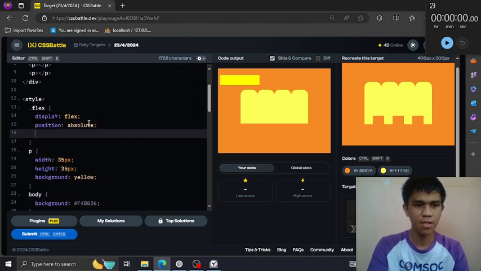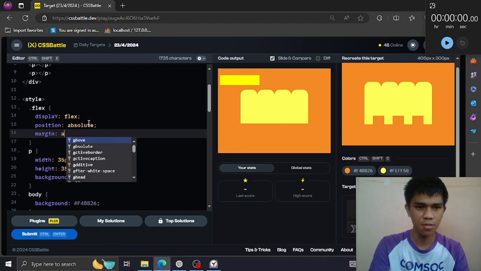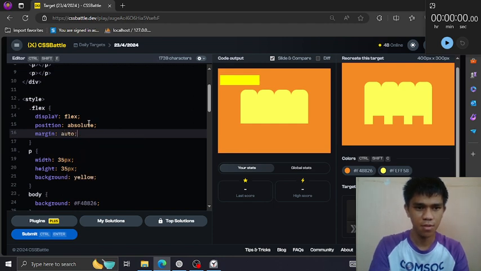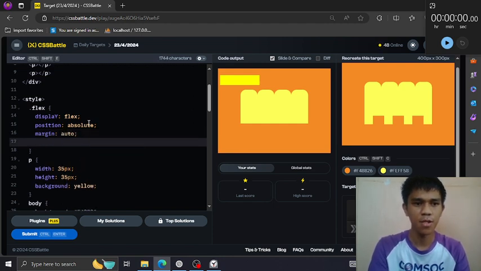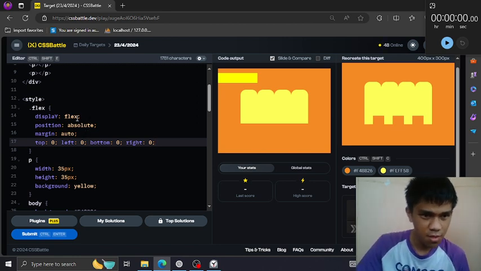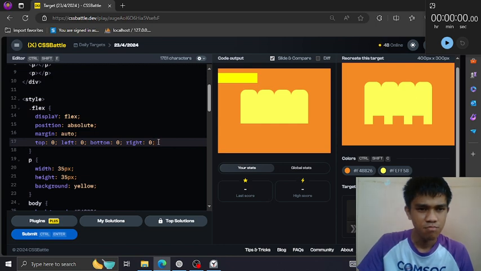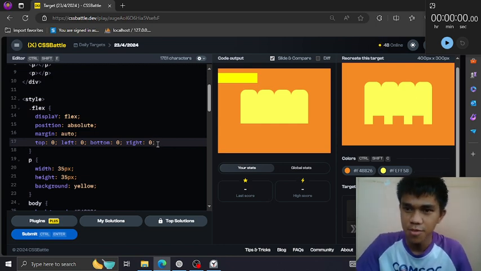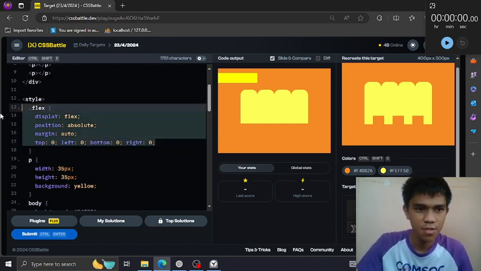How do you like that? A combination of flex and absolute for positioning. But the flex is not budging, it's not moving. Maybe we got something wrong here. I don't know. This is not working.